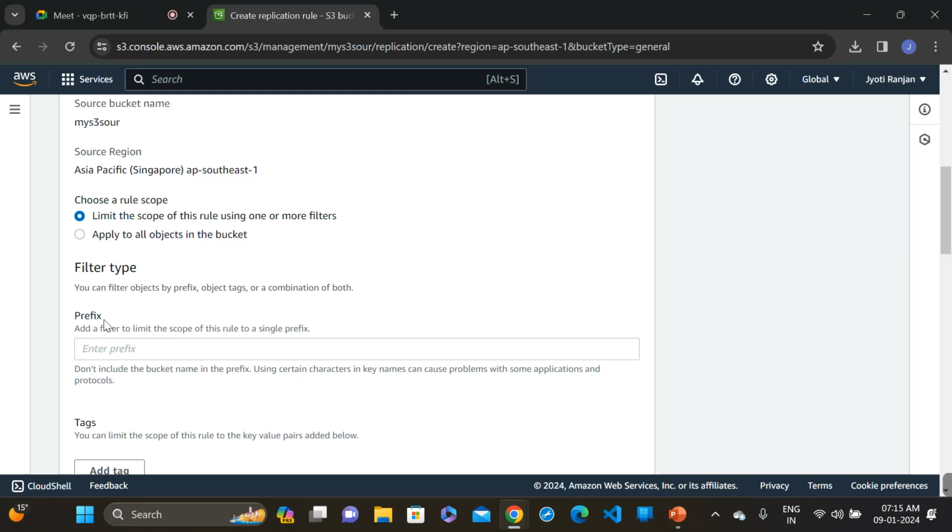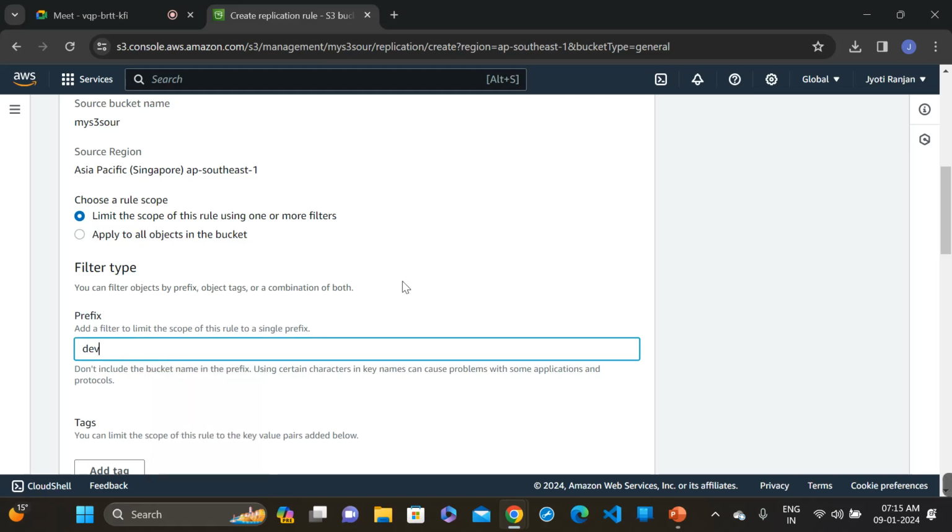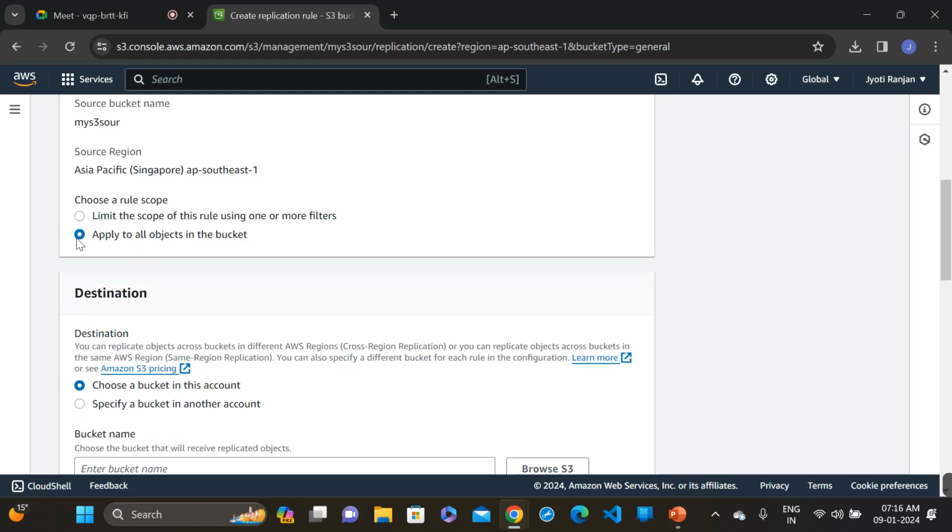There is a prefix section. Select limit the scope, and in the filter section we write, suppose, only dev. So when we give a name to a file and it starts with dev, it's automatically replicated and the rest of the objects will not replicate. This is the filter for that. I'm not using this one, I am just applying to all objects. Click on this,